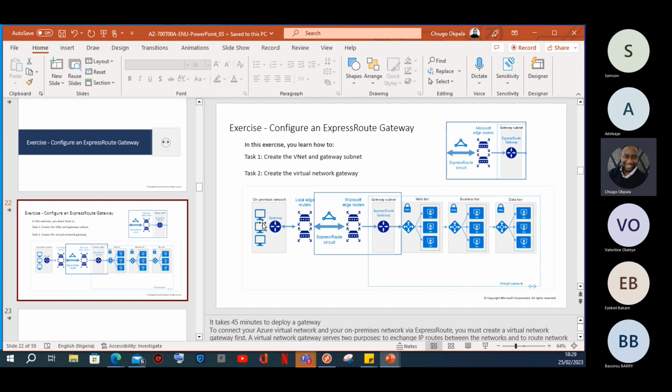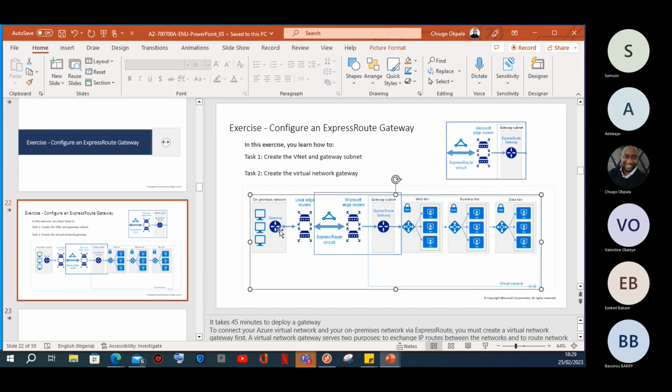So you have the on-premises network with the perimeter. So you have like 3 servers here, and this is the gateway, the perimeter, and we have like routers in it. This ExpressRoute. So to get into this environment, there's ExpressRoute configuration with an ExpressRoute circuit, and that goes on the Microsoft Edge routers. And then you define the VNets and subnet, the gateway subnets. So you may have like 4 subnets or 6, depending on the kind of workload. So the number of subnets you have will depend on kind of workload and the size of the workload you want to run. So with that, you define a IP address range, and those IPs will